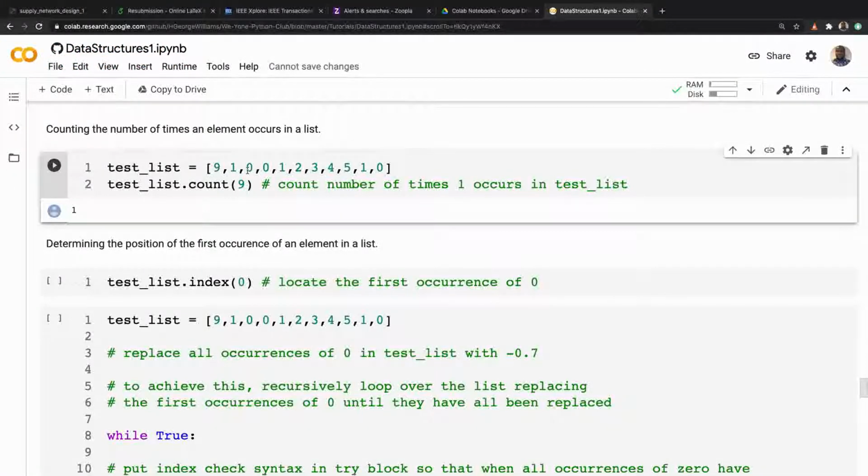We want to locate the index of the first occurrence of 0. So let's say here, we want to know what index this is. The reason this is good is that for now we can see it, so this is easy. But if you're writing a general program, you may not know